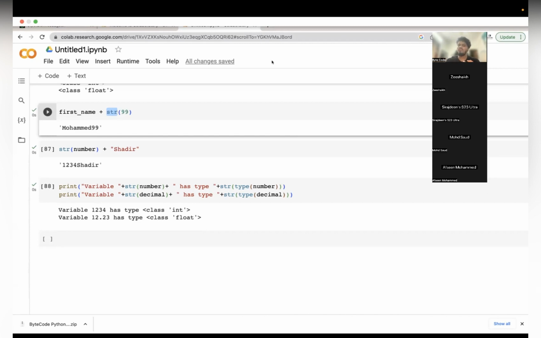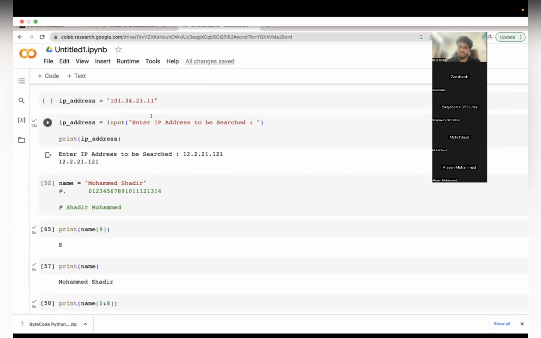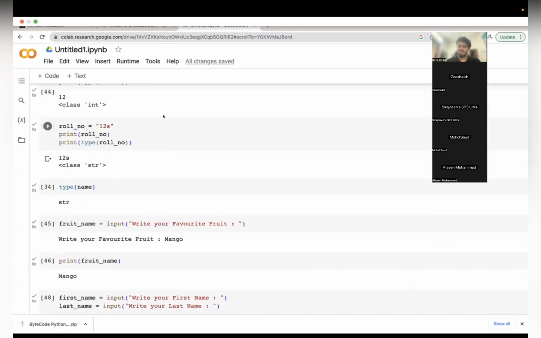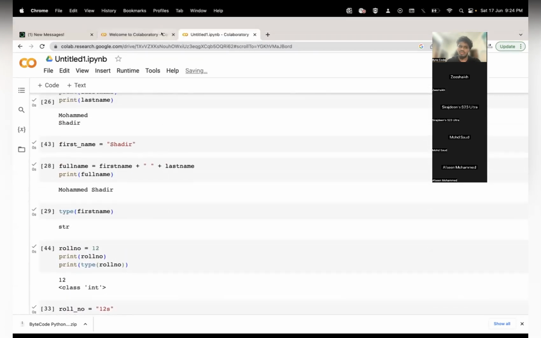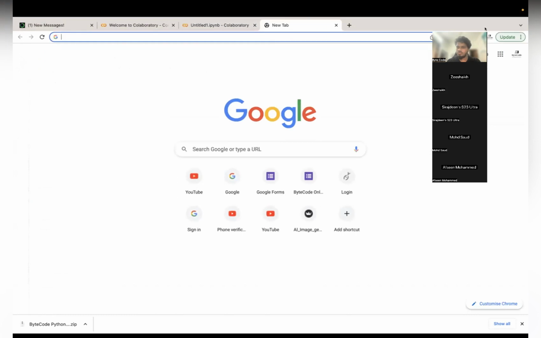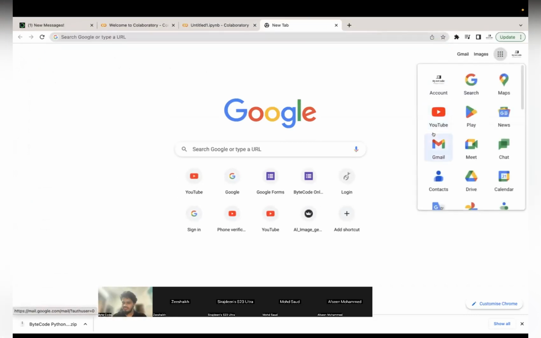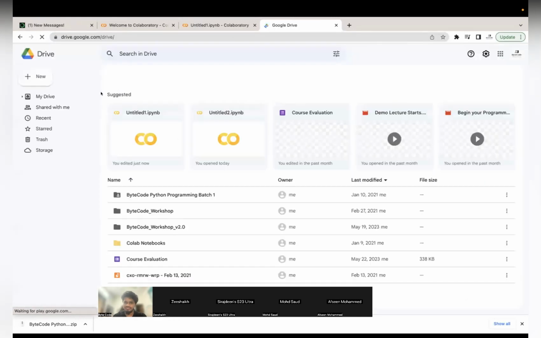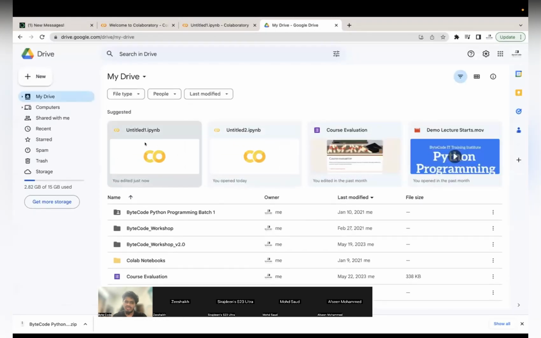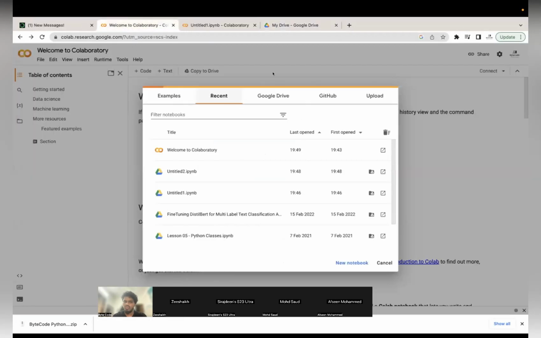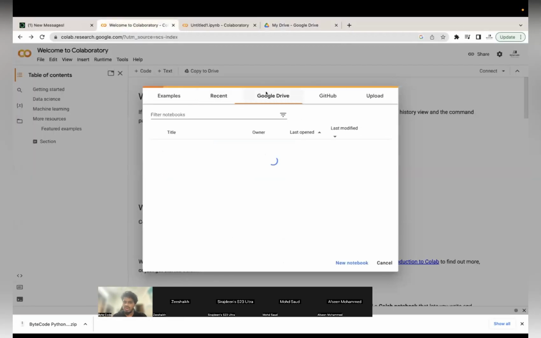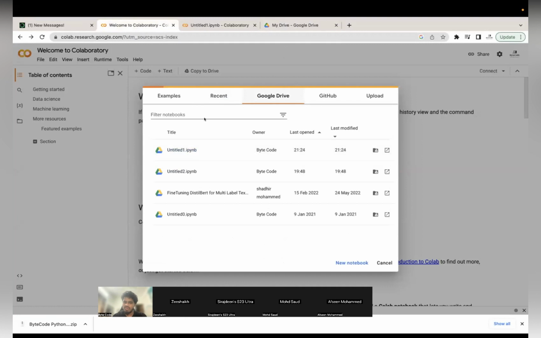So tomorrow, before coming to the class, I want you guys to practice whatever you have done in your notebooks. This by default will get saved in your Google Drive. Suppose if I go to my Google Drive here, it will automatically be stored there. So the next time you come to Google Colab, you just have to go to Google Drive, and this will already be there.